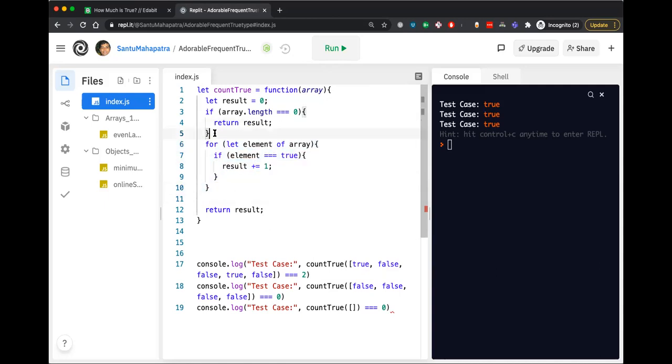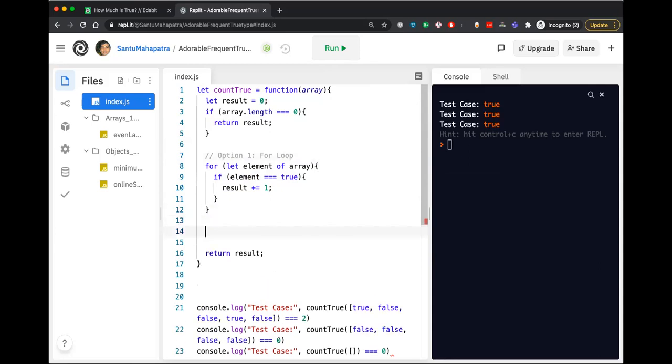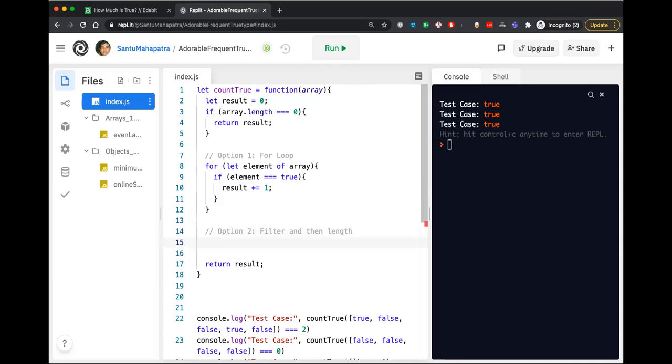Now this is just option 1, which is for loop. Option 2, which is using filter and then length. How does filter work? Filter takes a callback function.